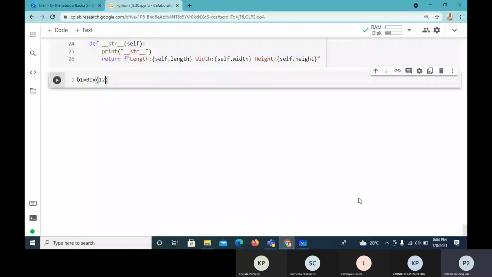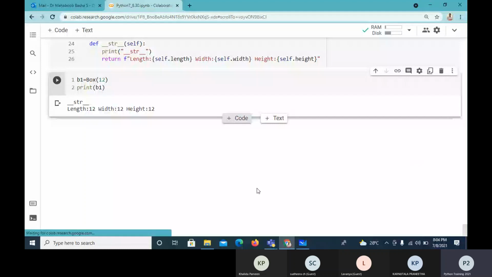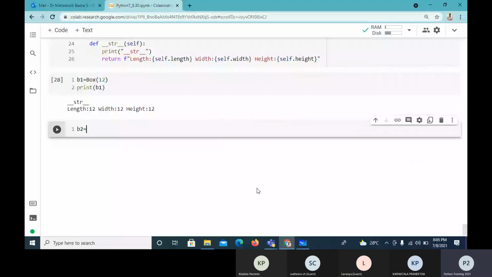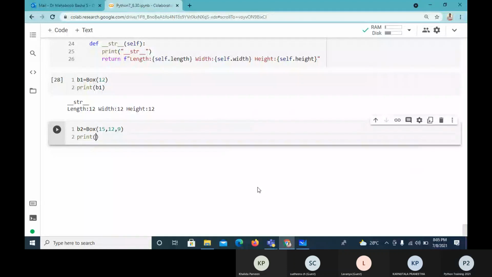Then I'll print B1. So I'm getting the str printed there, but it is not required, and even area I'm not displaying, but we can get it. Now similarly, I'll create box 2. So 15, 12, 9. Then I'll print box 2. Now I'll get some length, width, height.